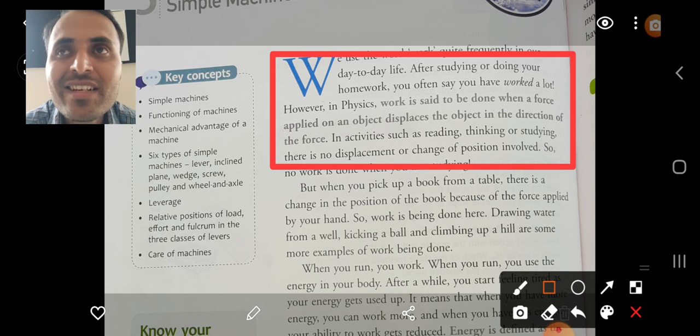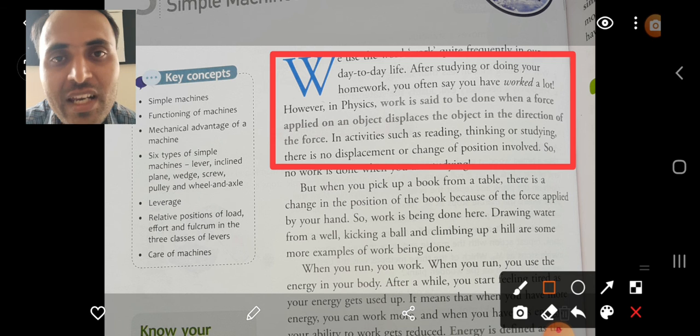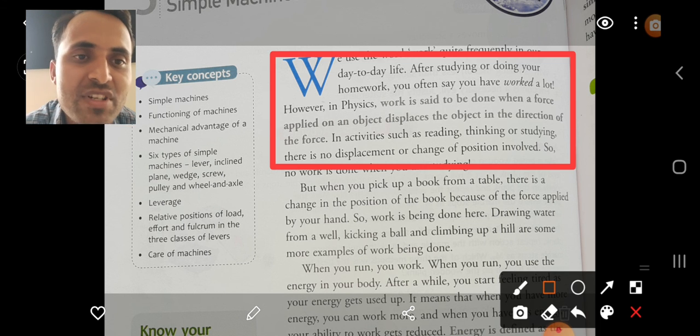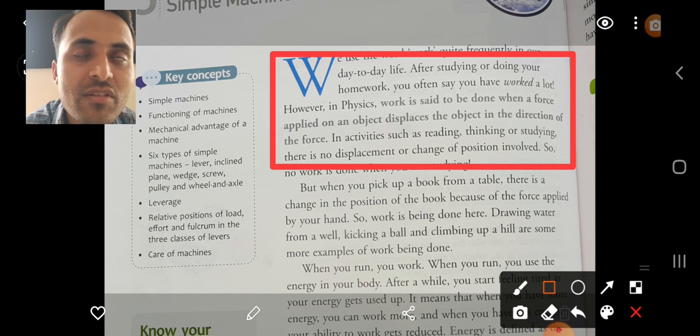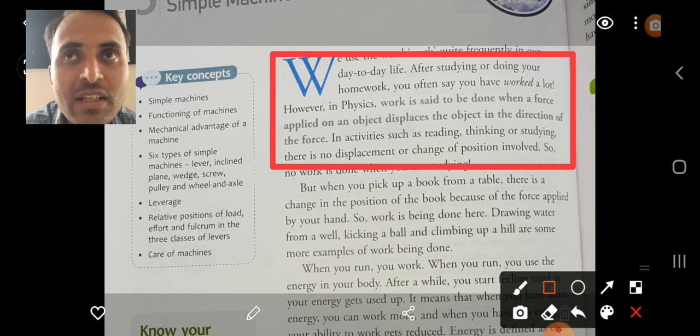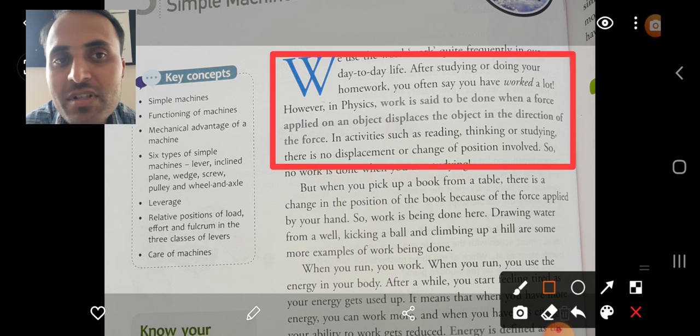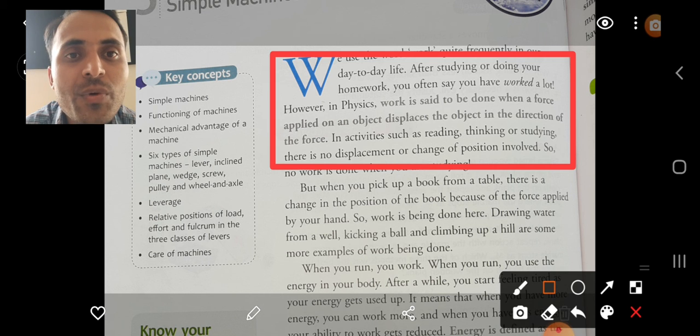Okay, but we consider mechanical work. For mechanical work we require some machines. There are simple or complex machines, but in this lesson we will only discuss simple machines. With the help of simple machines we perform our work within less time and with less effort. Much energy is saved by using simple machines, and our work is finished in time. So that is the importance of simple machines.